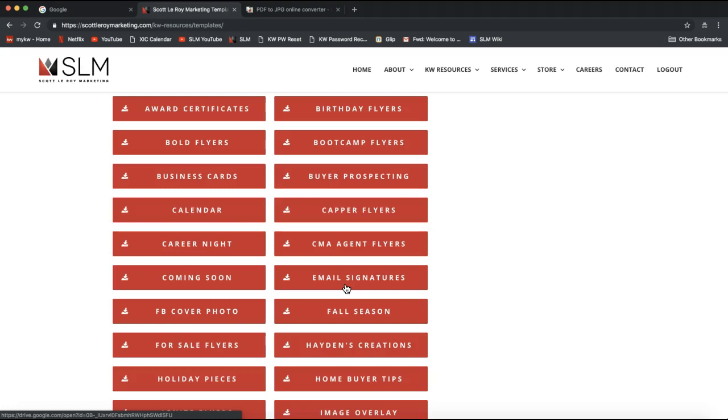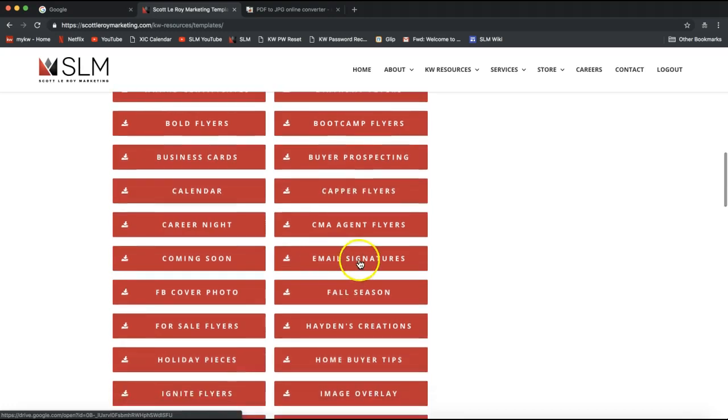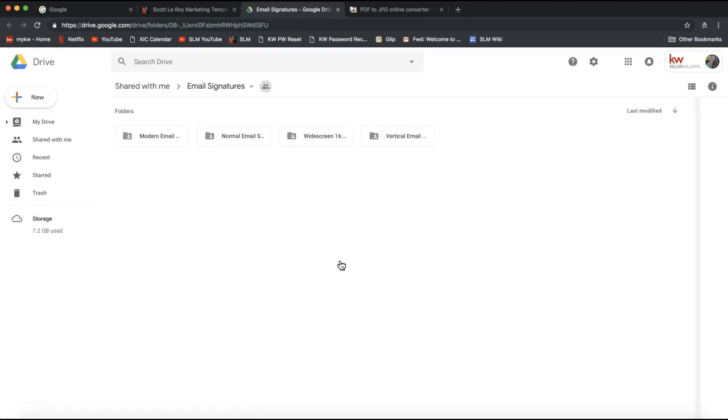And now you can follow along with any of the templates in here if you'd like to. The concept will be the exact same. But if you'd like to follow along with me, I am going up to the email signature box in the right-hand column and go ahead and click on that option there. Now once I click on where it says email signatures, it will take you into your Google Drive, and it